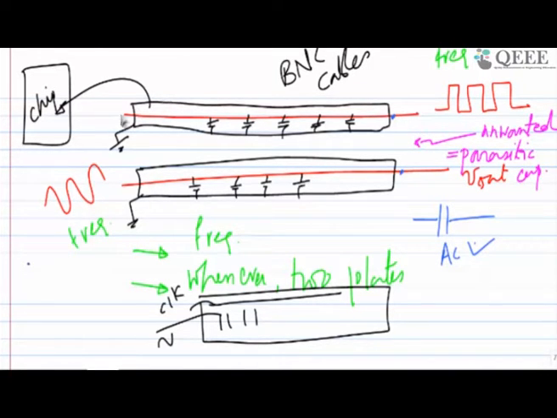In BNC cables, what is happening? There is a signal inside, and outside of this, the whole BNC cable, you will have the ground part. This ground will be connected to the chassis of your oscilloscope, chassis of your function generator, or all the instruments, and that's how your output is stable.